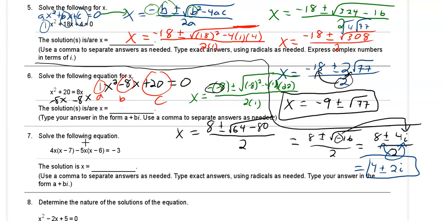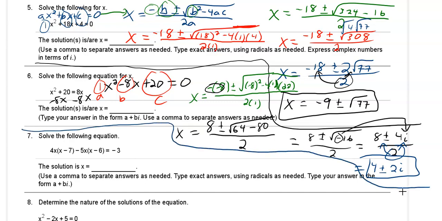All right. Let's take a look at number 7. All right, so this one is a mess. The first step here is to simplify this mess, right? So it doesn't even look like it's quadratic yet, right? Because you have only x's to the first power. There's no x squared, right? That's the hallmark of a quadratic equation, is when you see x raised to the second power as your highest power of x. And we don't see that here yet, but we will pretty quickly,